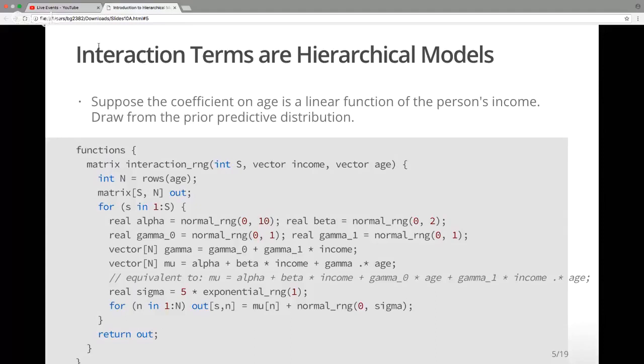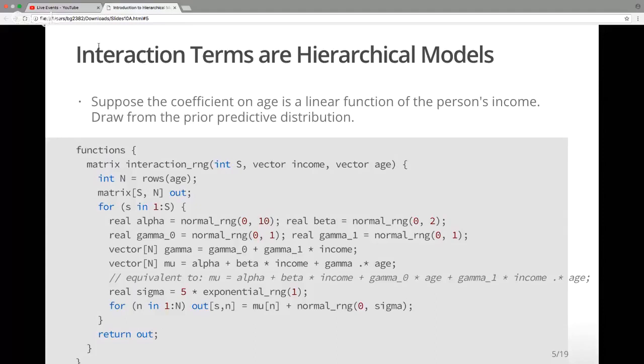Like they were trying to interpret it like a regular regression coefficient in a flat model, ignoring the possibility that it's impossible for two people that both have the same income and both have the same age to differ by 1 unit on whatever the product of income and age is. It's not even really readily possible to think about what are the units of the variable that's income times age. It's like dollar years. How are we supposed to think about that coefficient?